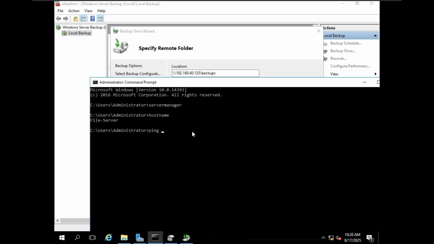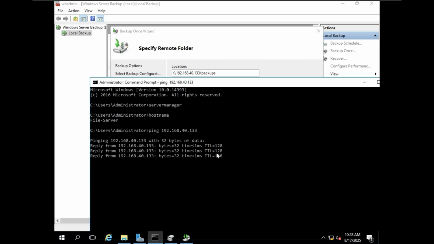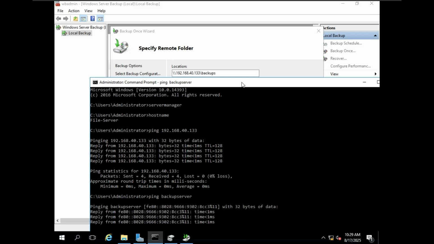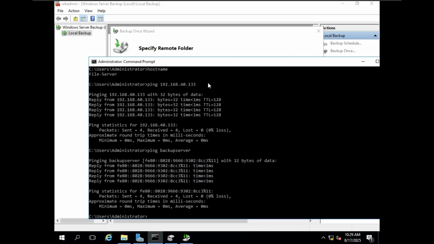We will try to ping this IP address. Okay, now look at here, our ping is working, right? Now let's just try to ping it by the name of our backup server. What is the name? Backup server. Is it pinging? Yes, which means now